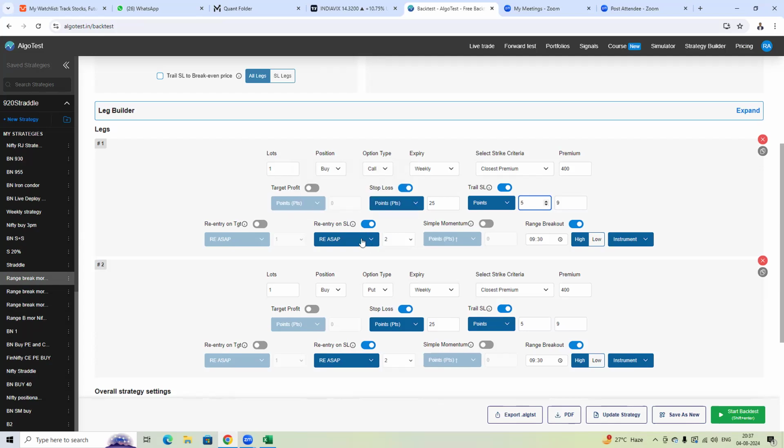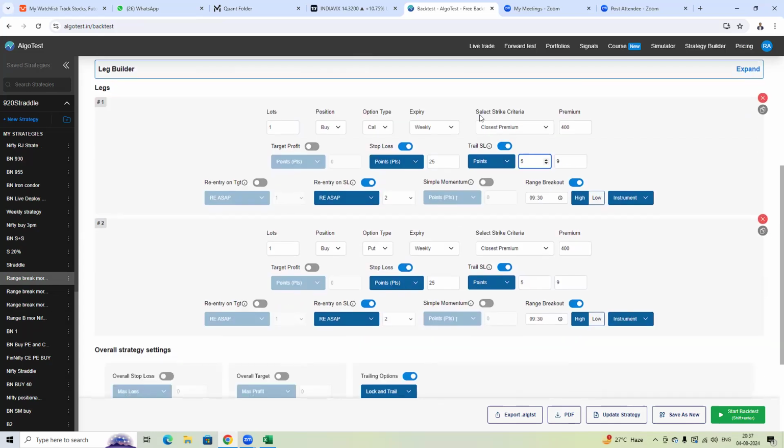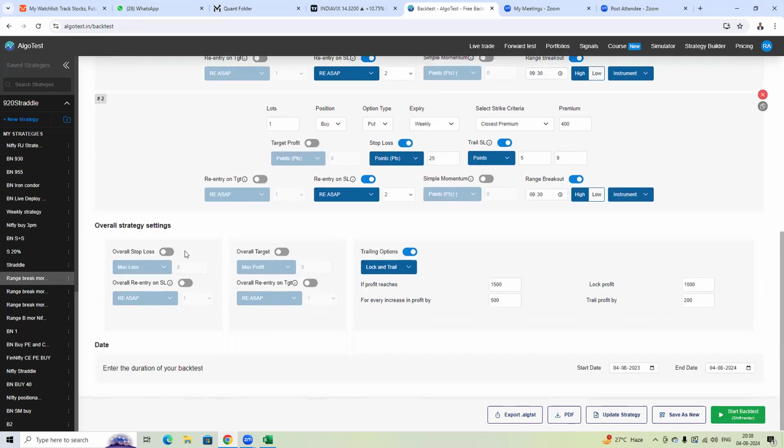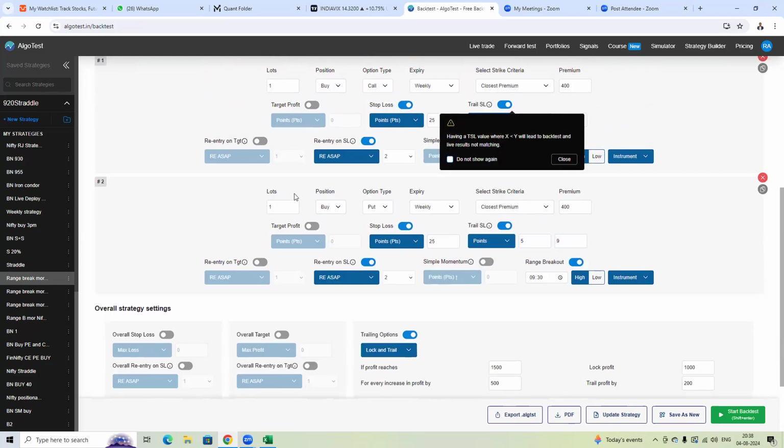As soon as possible, it is 2, because the range breakout may happen either in the call option or in the put option. We will enter either the call option or the put option and keep a stop loss of only 25 rupees, and we are using a lock and trail option, because whenever a breakout happens, actually we can have it if profit reaches 1500. With one lot I'm talking about,